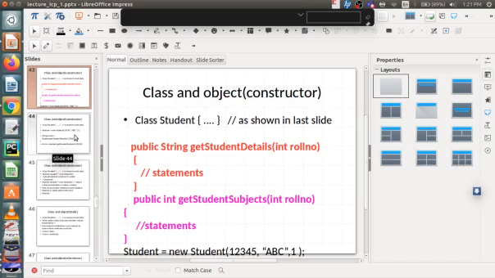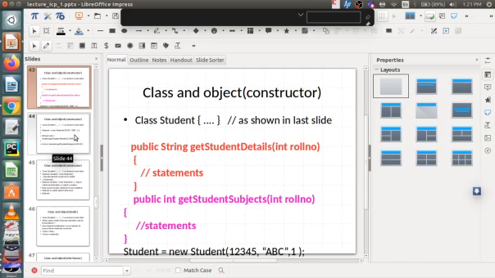For that purpose you have defined this method, public string get student details, and another method get student subjects. It will take a roll number as argument and it will return the subject ID. Okay, so now inside the main method we declare a student object